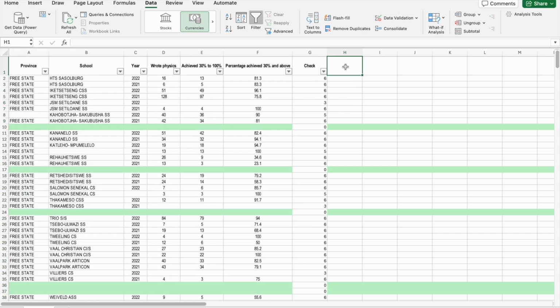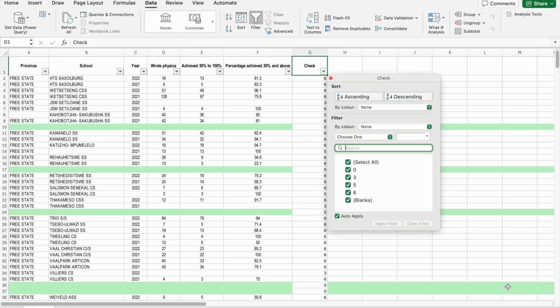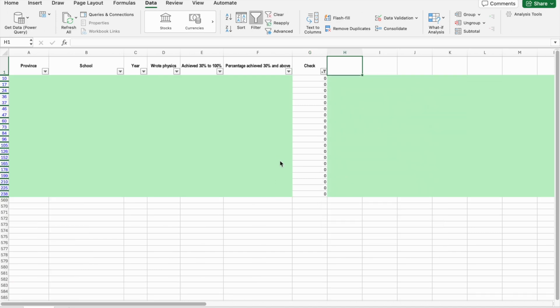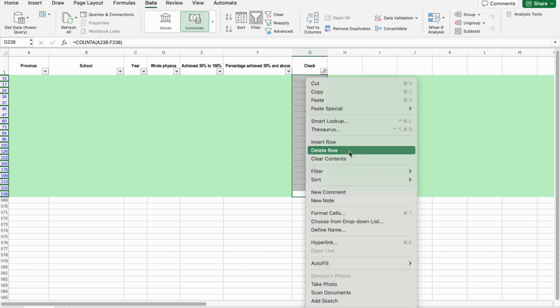Now in our check column, we're going to filter it for everything that is 0. That's because 0 means that none of the cells have any type of letters or numbers in them. And that's what we're looking for. We're looking for a completely empty row. So let's see. All of these rows have come up and we can see they are all green, so that is correct. And now we want to delete all of them. So let's select these rows, right click and say delete row